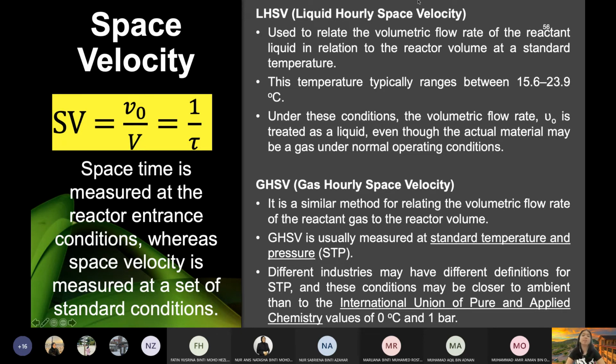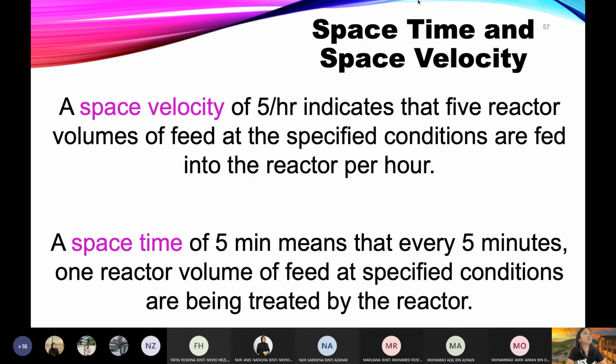Means kalau kamu nak kira space velocity, kamu punya tu adalah gas, kamu kena kira inlet volumetric flow rate tu apabila keadaan dia adalah 0 Celsius dengan pressure 1 bar. So it's a bit complex, right, to calculate the space velocity. Okay, so that's a bit the complexity when you want to calculate space velocity for your reaction in comparison to space-time. Okay, next. To differentiate or to really understand apa beza dia space velocity dengan space-time.